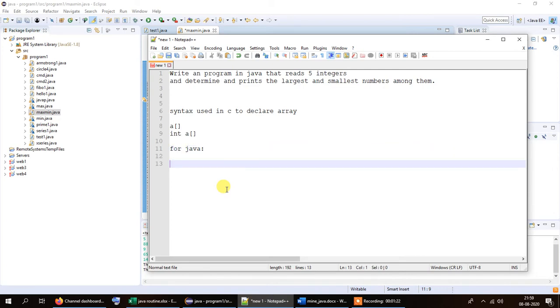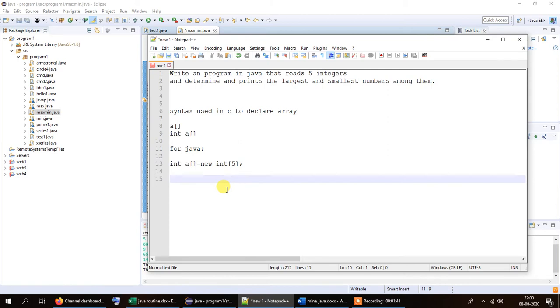For Java the syntax is int followed by A equals new int followed by the capacity, whichever capacity you wish to assign to the array. So this is the technique that we will follow to declare any kind of array in Java.